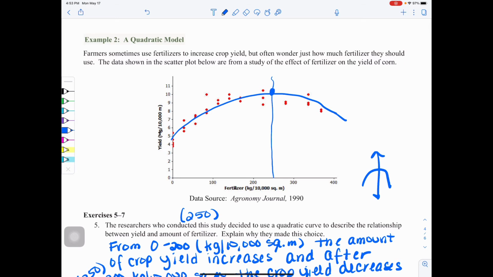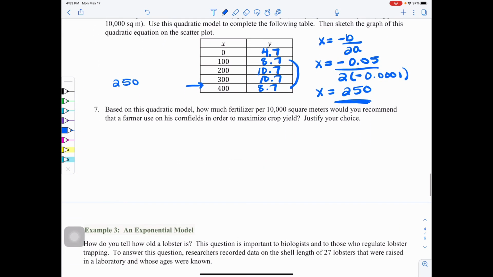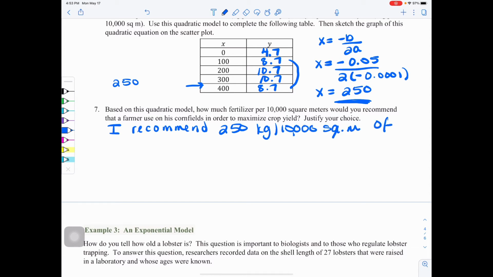So that's going to be at fertilizer of 250 kilograms per 10,000 square meters. So we'll say I recommend 250 kilograms per 10,000 square meters of fertilizer